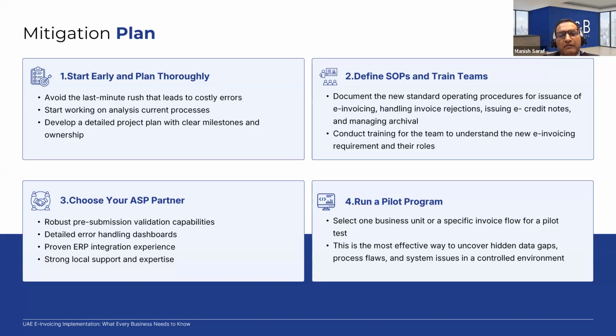So the ASP will come in only when you have your internal readiness done, because they will be a technology partner who goes and plugs into your system, integrates with the system, and sets up the whole structure and the communication validation with the FTA or the buyer ASP. But they are not the one who is going to assess whether your transactions apply to the e-invoicing structure or not, whether you have B2C or B2B or B2G. What are those different transactions? What are those use cases?